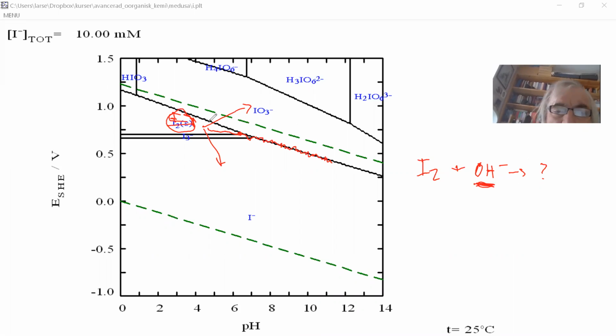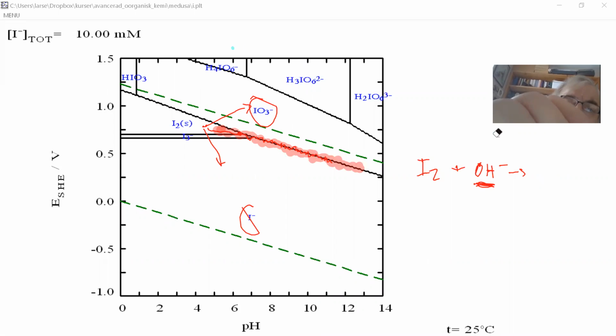But you see here, if we go from this iodine area, and if we stay here on the border between the two other components, we can claim that this is a way to predict what will happen. So what will happen is that iodide and